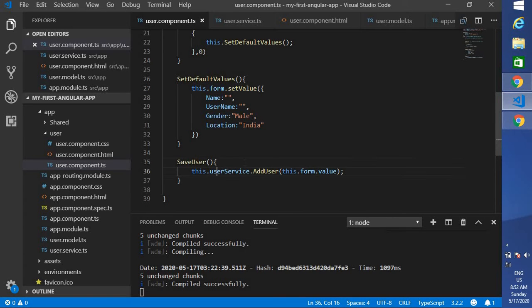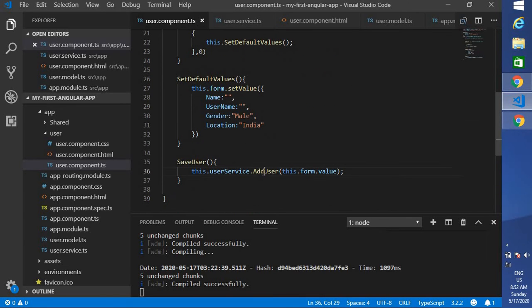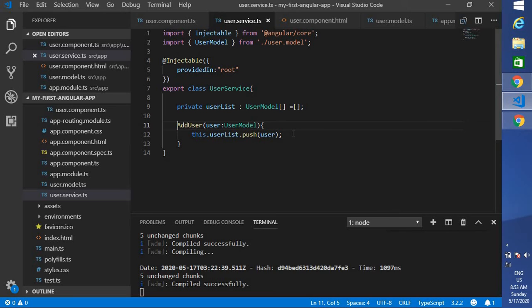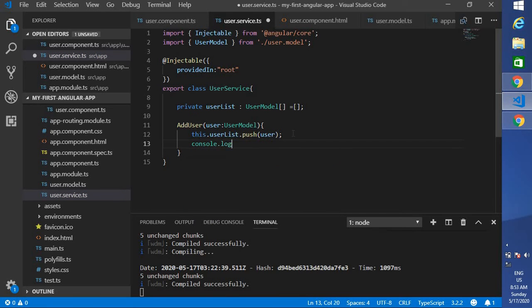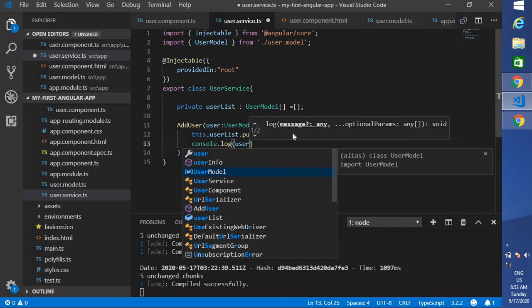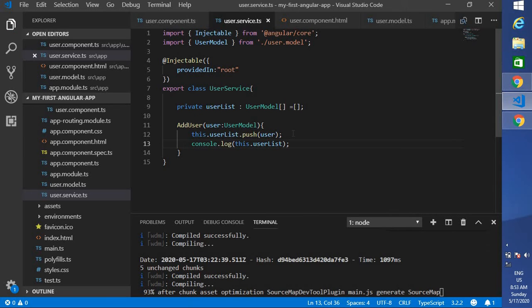Now we created a service and we added that. First we will see whether it is hitting this particular method or not. So what I'm going to do is, once it's added to the user list, I will log that particular user list. Okay, let me save it.